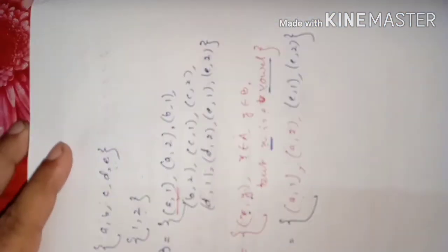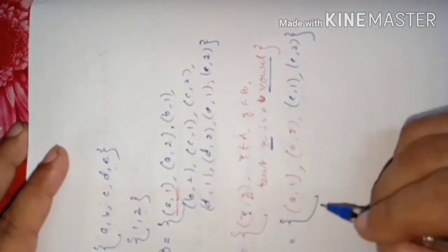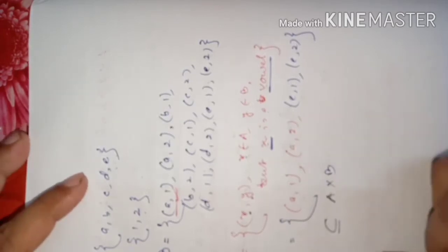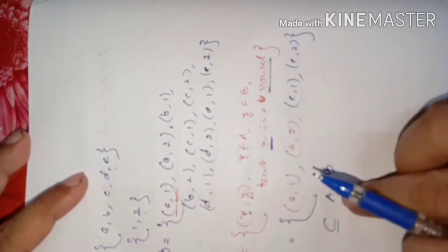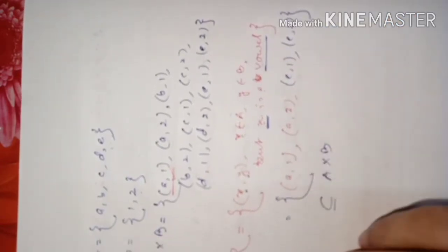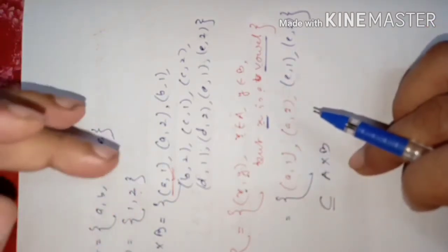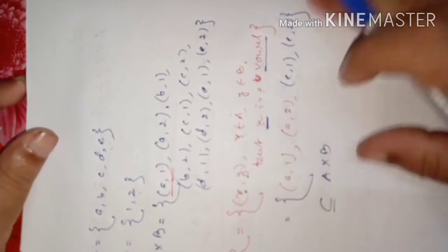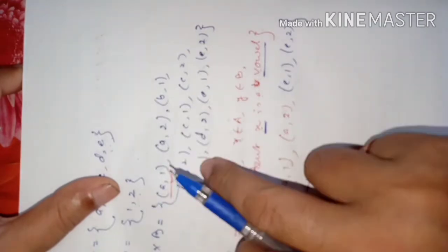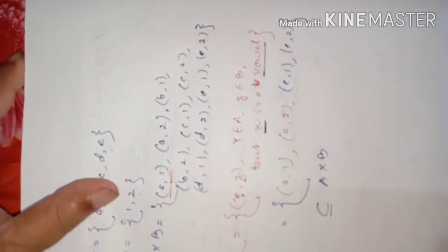So now you see, students, this will be from here only. So what is it actually? It is a subset of A cross B. If it is a subset of A cross B, you can call it a relation. So relation is something just like that. It is also a set, but it is a subset of the Cartesian product of two non-empty sets. A cross B is the Cartesian product of A and B, and if you select a subset from there, that subset will be called a relation.